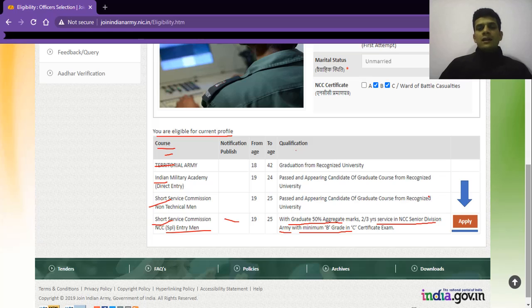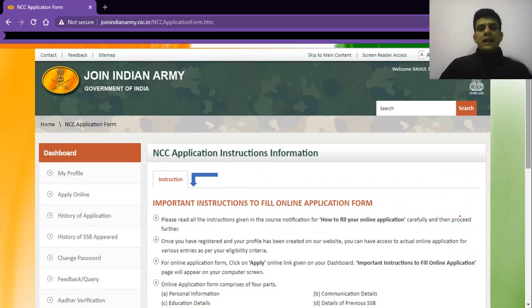Okay. Now as soon as you see this apply button, kindly click on this and you will be directed to this page. Again you will see the instruction to move ahead with this. Again go through this. I'll request you all, please read carefully all the instructions, because most of the time we just skip instructions and later on we realize what wrong we have done while filling the form. So go through all the instructions because these are very important for you people, right? For everyone I must say.